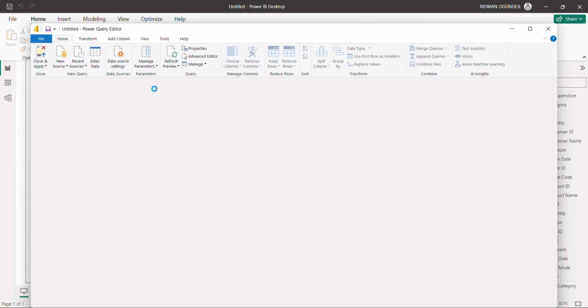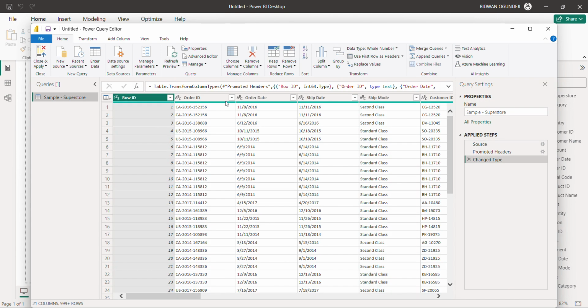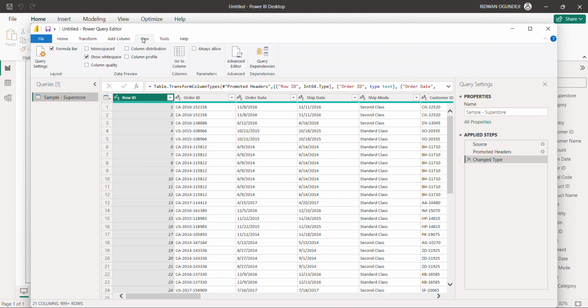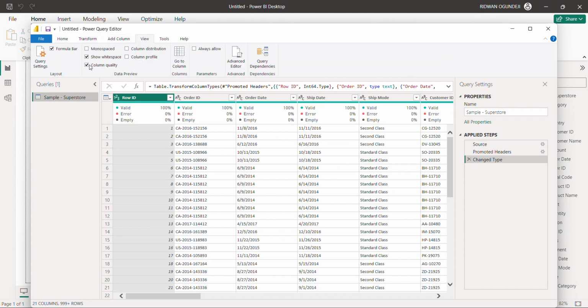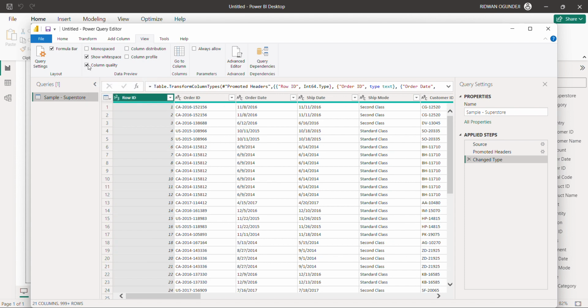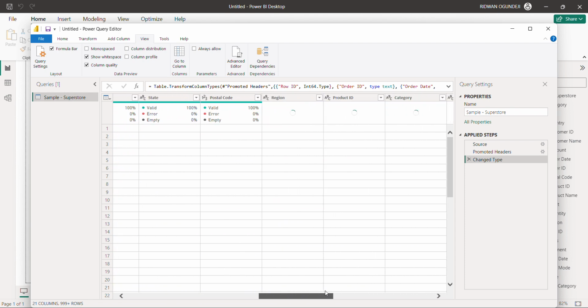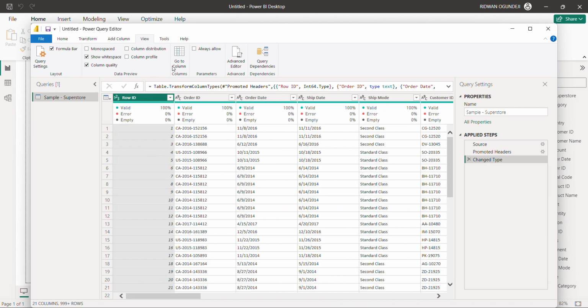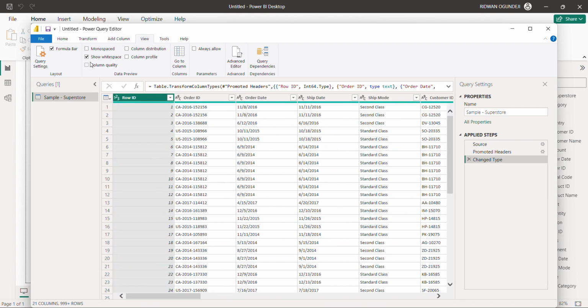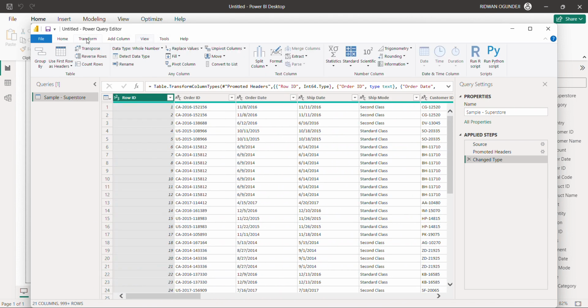So here, the first thing we'll be doing is to check for the quality of each of the columns. So by coming to View, then Column Quality, we check this box. So you can see each of the columns has 100% valid data. The dataset is very clean, and that's why we're having that. So that done, then we can